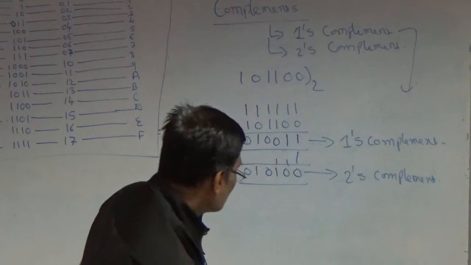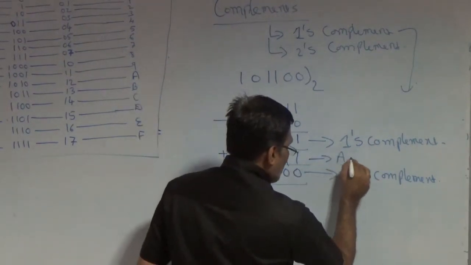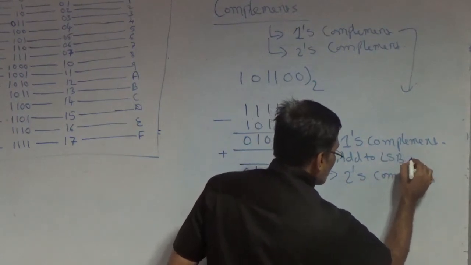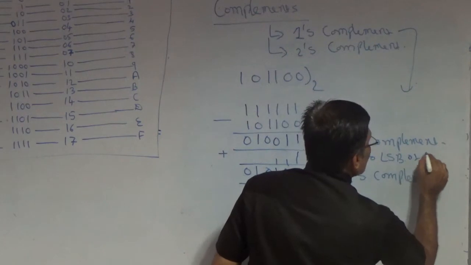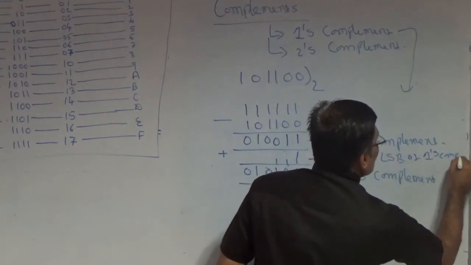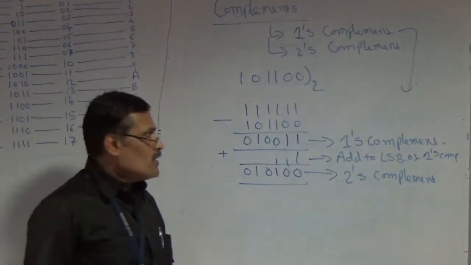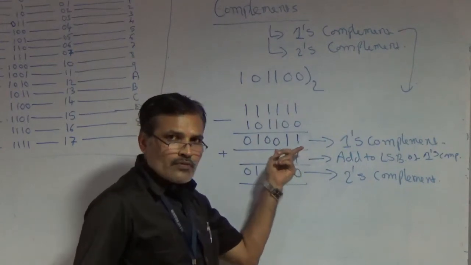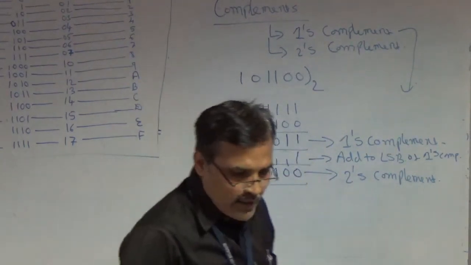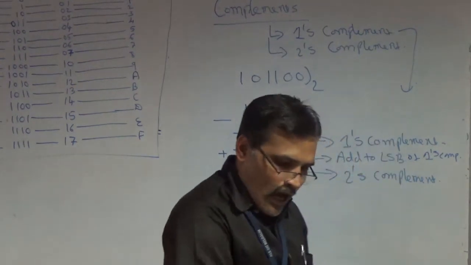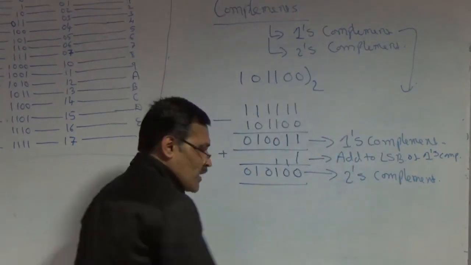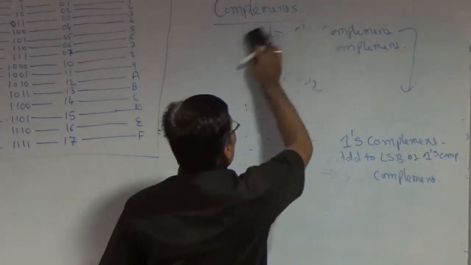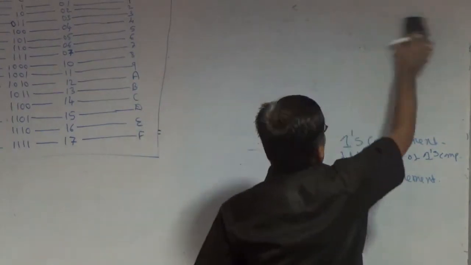Okay. So add 1 to the least significant bit of ones complement. Okay, is it clear? So now we have understood how to generate ones complement of the given number and twos complement of the given number. Okay. So apart from this, there is one more concept, like excess 3 code. One more type of special code which is known as excess 3 code.